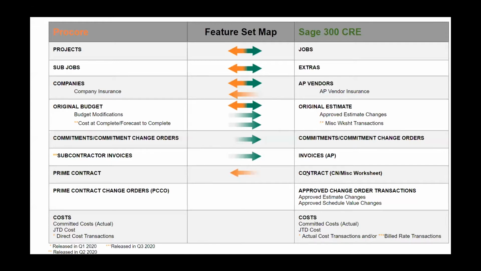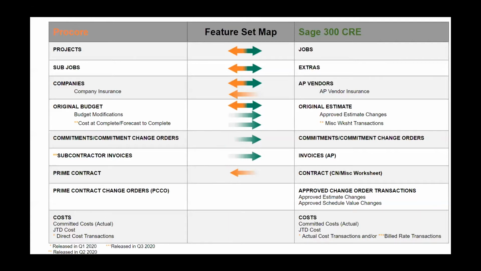Moving our way down here, we are now onto the revenue side of the integration with Sage, which again was, as I mentioned earlier, made possible by partnering with Sage in 2018. Specifically, this means you have the option to import a prime contract entered in Sage into Procore for any synced project. We're able to import contracts entered through the Sage Contracts application, as well as those that have been recorded through job cost under the